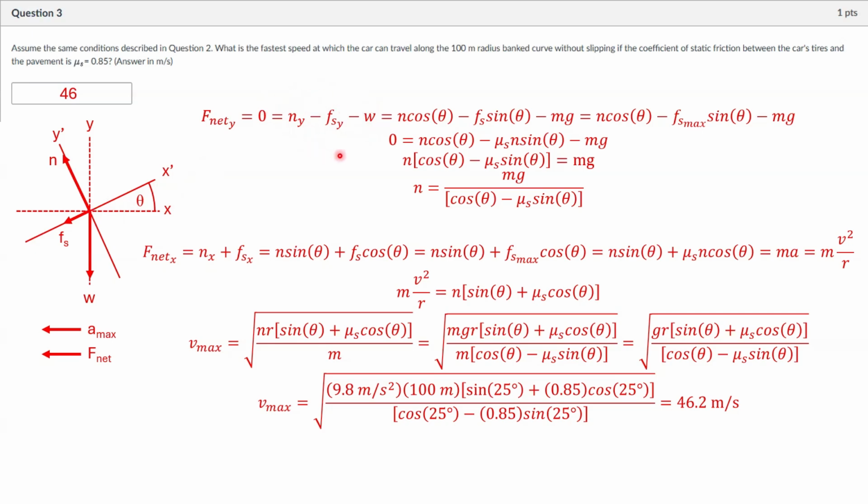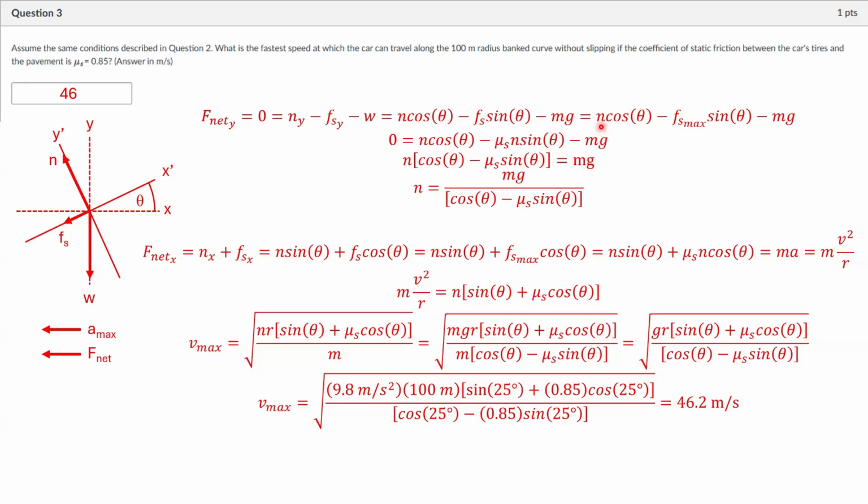And then I can just say, what are these things? Well, if this angle lives here, it also lives here. So the Y component would be adjacent to that angle. So the Y component of normal force is N times the cosine of theta. The Y component of my frictional force, well, that's opposite the angle that lives here. So that would be the sine function. So static friction times the sine of theta minus weight, which is just mg. I can then expand one more time, taking no change to what I did to get the Y component of normal force, but then I can